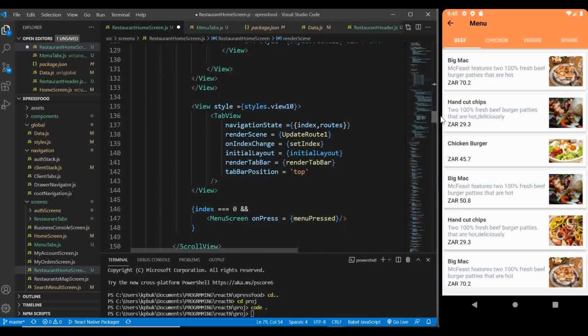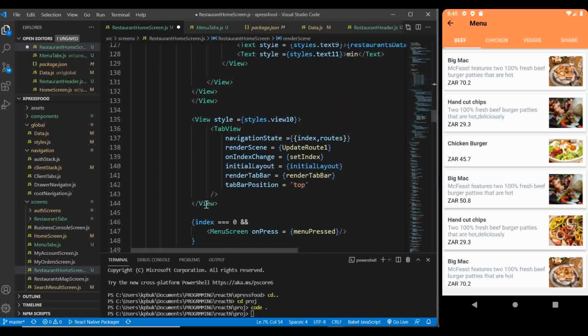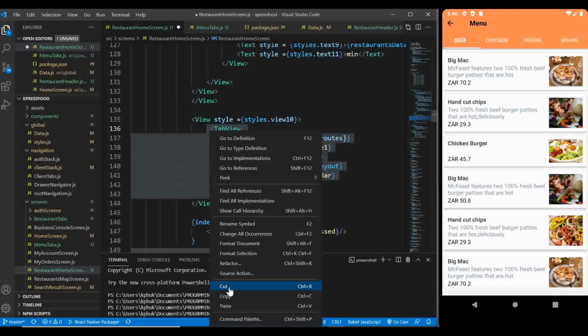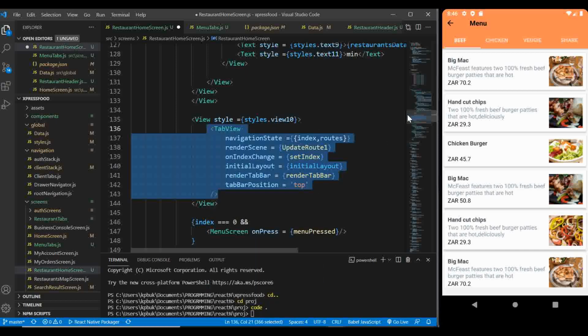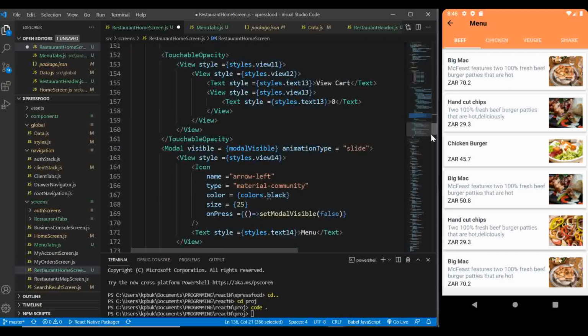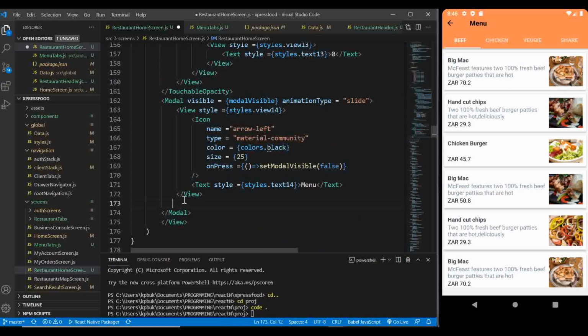let's scroll again down. We have this tab view, so we can simply copy this tab view as well, and instead of putting it in here, now we're going to render it inside our model, just on top, just below this menu view, below this view 14. You put it there